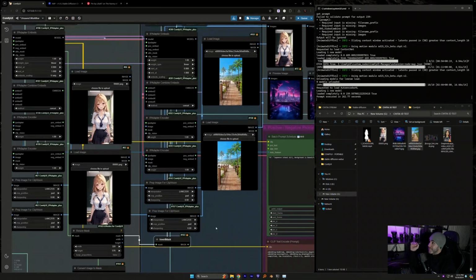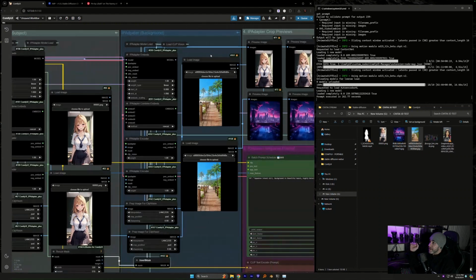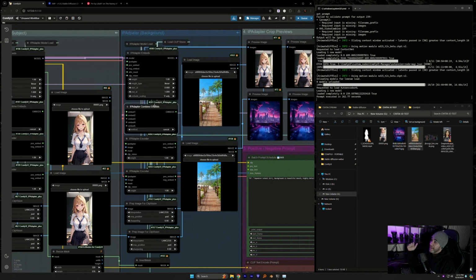So now this second IP adapter right here is where we put our background image. Right here, I have this picture of this beach. We have everything the same. It's the same IP adapter model, same clip vision. And I know that you could have one and plug it into both for the IP adapter model and the clip vision.